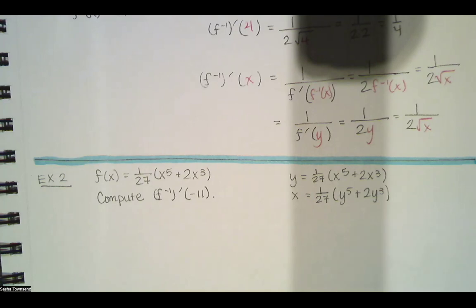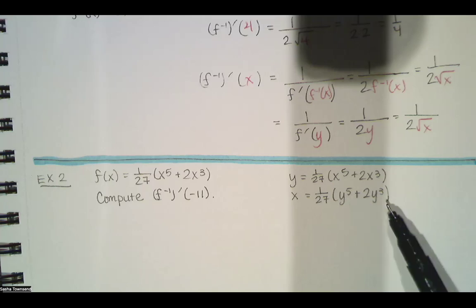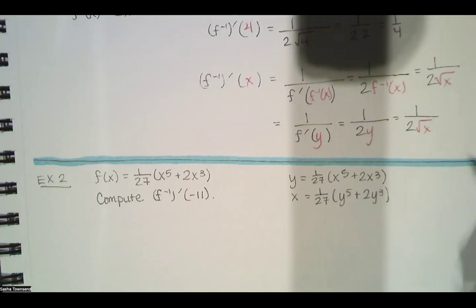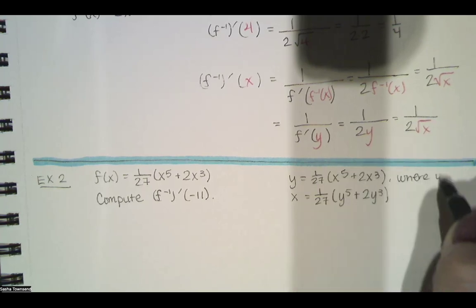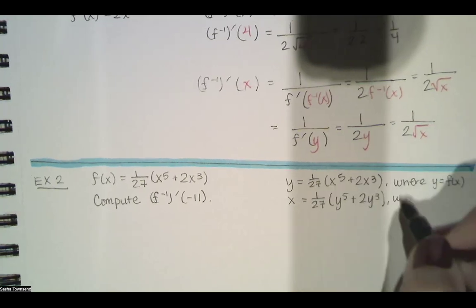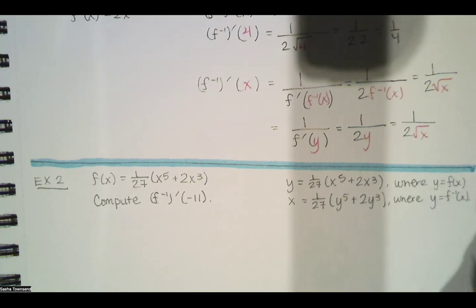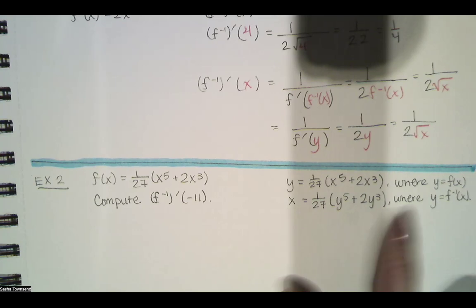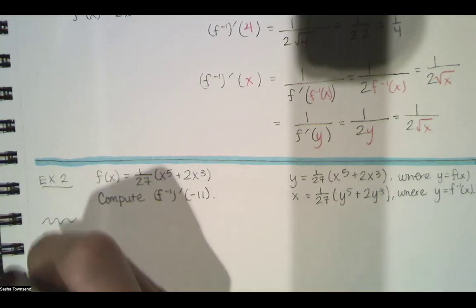Now at this point, if I wanted to find the inverse function, just using pre-calculus techniques, I would get y by itself, and then I would call this y value f inverse. So this is our equation where y is equal to f of x, and this is the relation satisfied where y is equal to f inverse. You might say, how do I even know that f inverse exists? Well, we can verify that f inverse exists